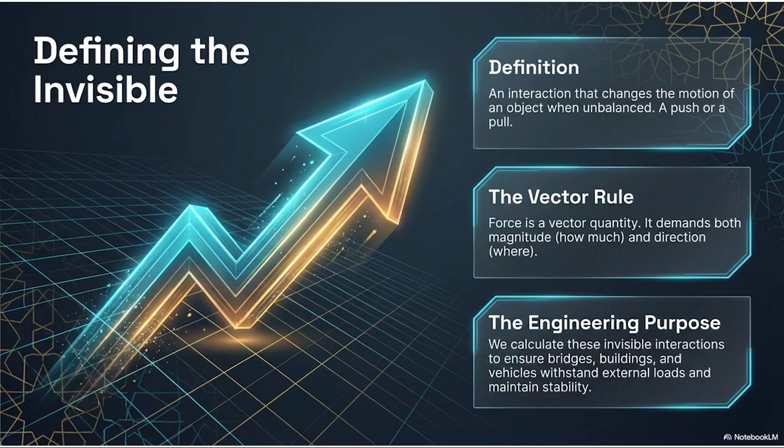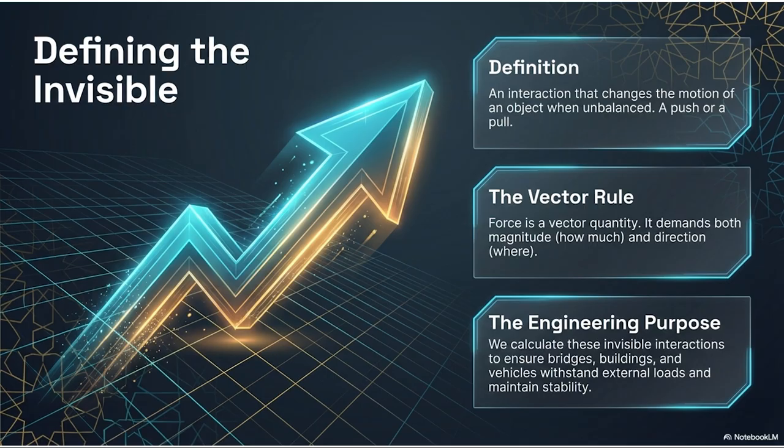If an engineer is, say, designing a retaining wall to hold back a mudslide, they can calculate the exact weight of the mud, that's the magnitude. The how much? Right. But if they incorrectly calculate the angle, the direction that the mud will strike the wall, it is going to collapse. Vectors force us to account for both the power and the path of the push or pull. Okay, so we have our definition. A force is a vector, a push or a pull with a specific strength and a specific aim.